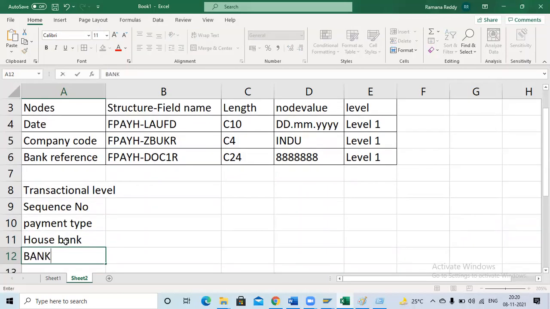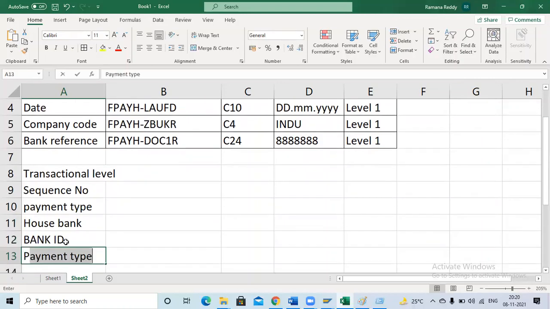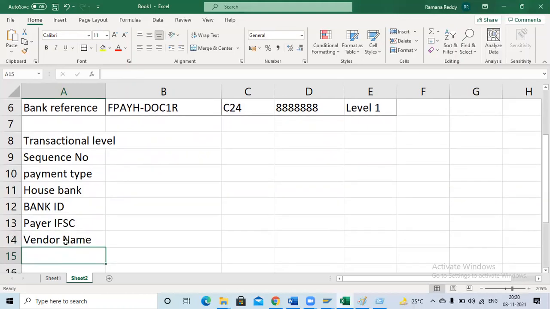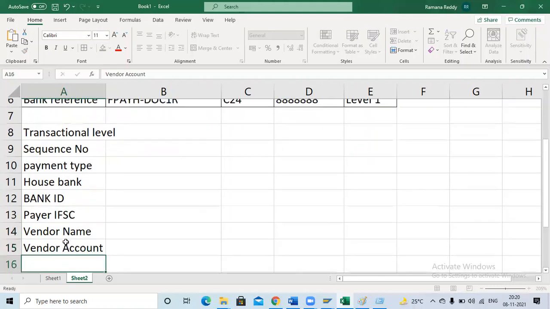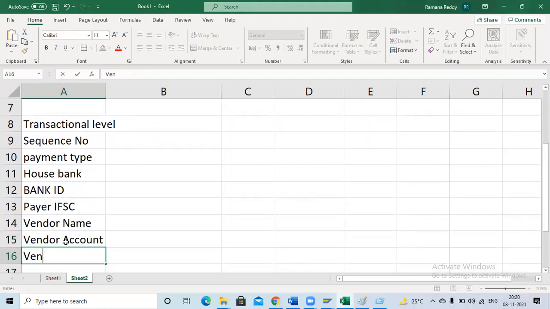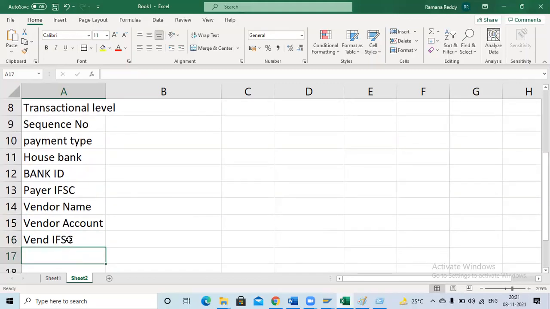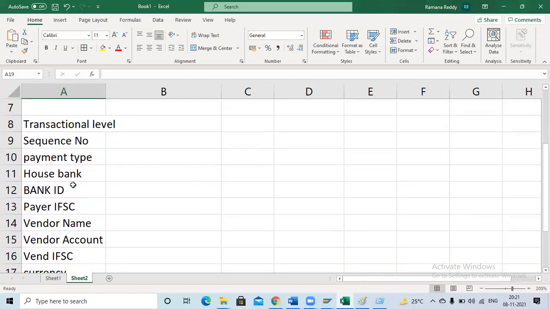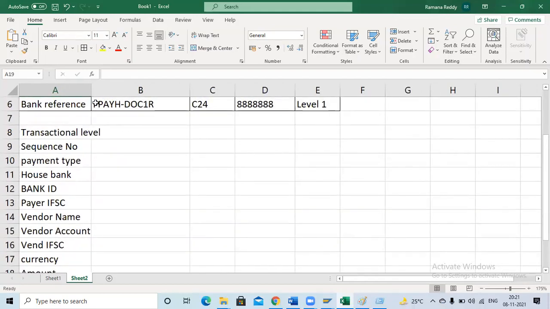I'm going to display bank ID. So these are the standard formats I am going to print as my output.